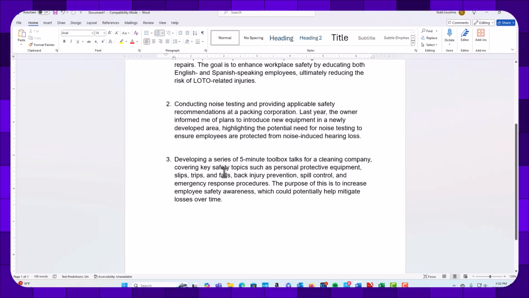The next one, develop a series of 5-minute toolbox talks for a cleaning company covering key subjects such as PPE, slip, trip, falls, back injury prevention, spill control, and emergency response procedures. The purpose of this is to increase employee safety awareness, which could potentially help mitigate losses over time. So this one is much more complex